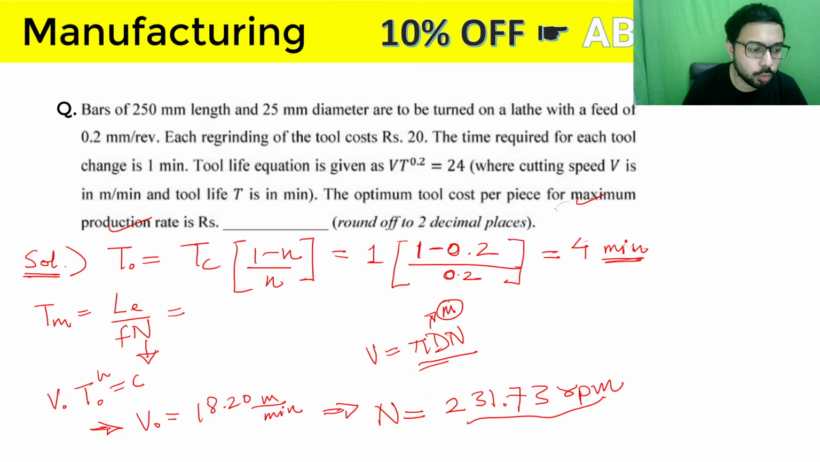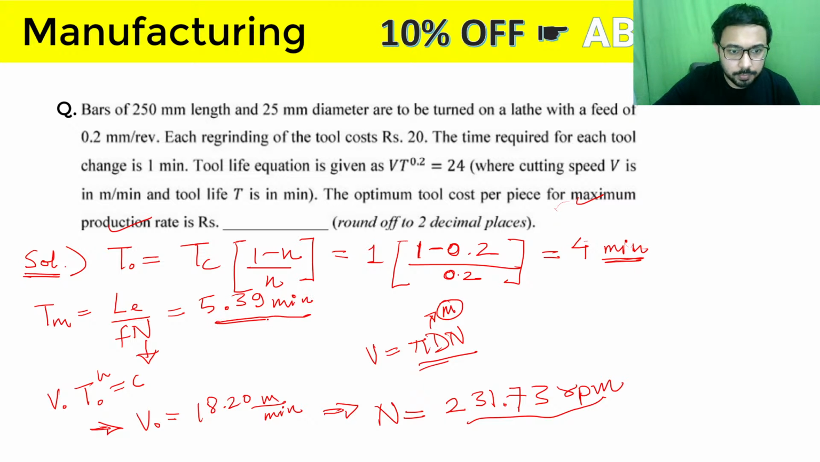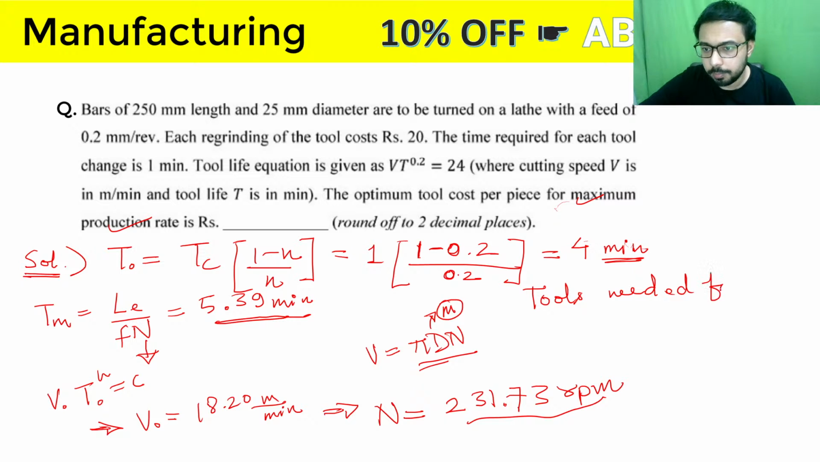So it will be effective length divided by F into N, so that will be 250 divided by 0.2 into N, and machining time is coming out as 5.39 minutes. So this is the time required by one workpiece to be properly machined. So how many tools are needed for one piece will be 5.39